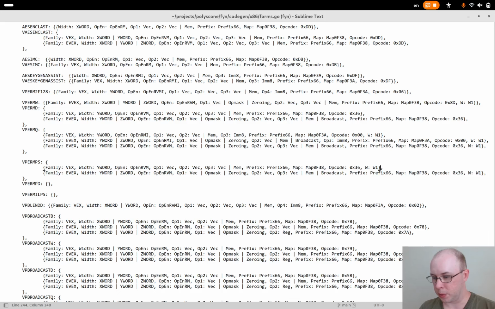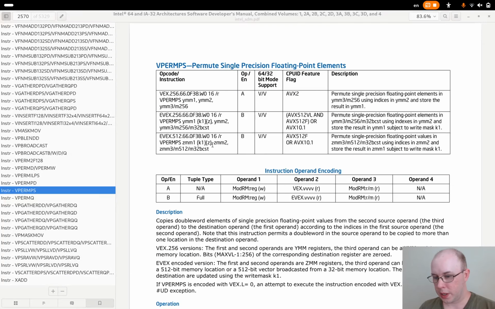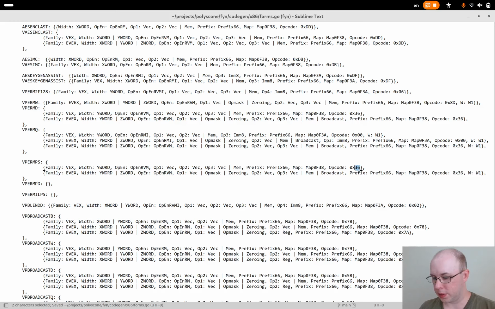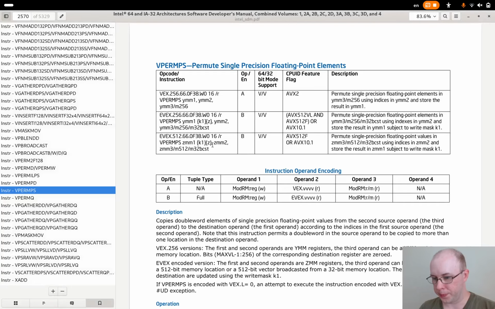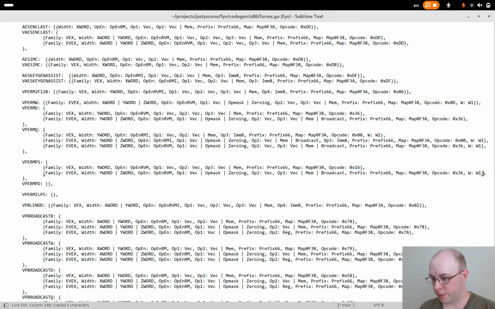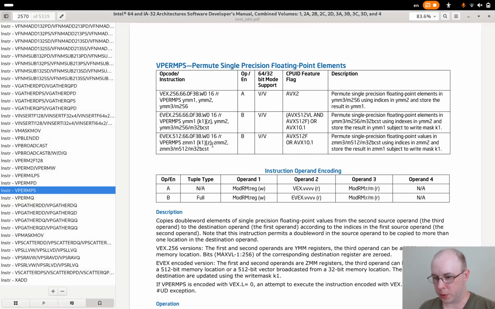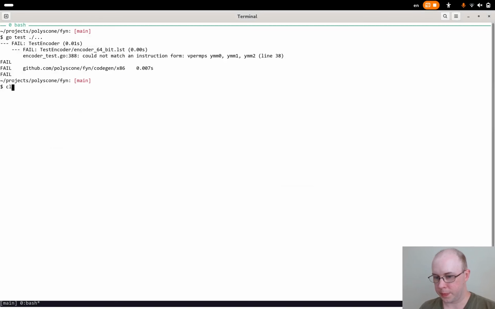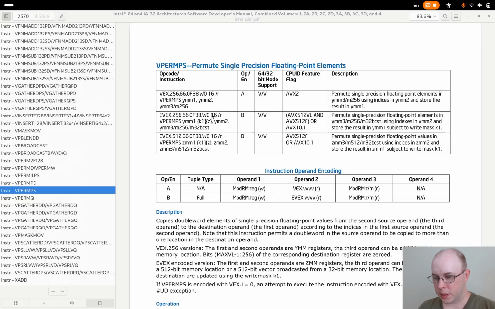Then we've got W0, and the opcode is 1.6 for all of them. Don't need W for this, 1.6. I think that should all be okay. We've got Y word and Z word here. So now we're on to